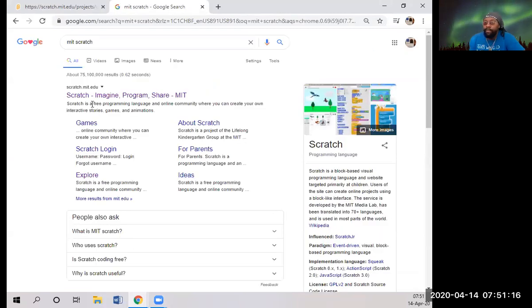Google's usually the favorite. Type in MIT, which stands for Massachusetts Institute of Technology, then Scratch. As you can see, it pops up with MIT Scratch. MIT developed this as a way of teaching not only high schoolers how to code, but people of all ages. So we click on Scratch,